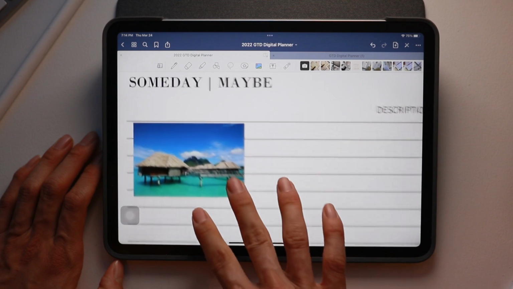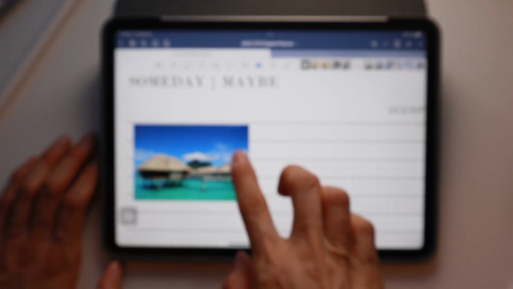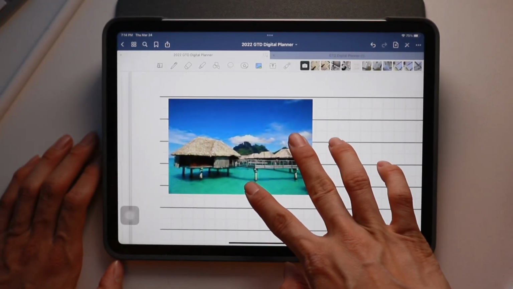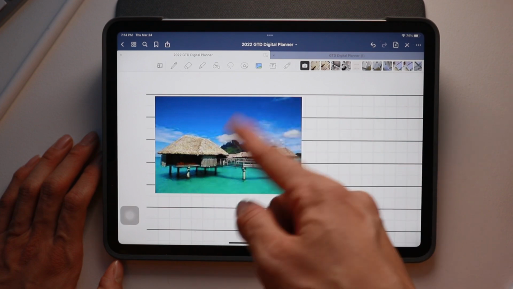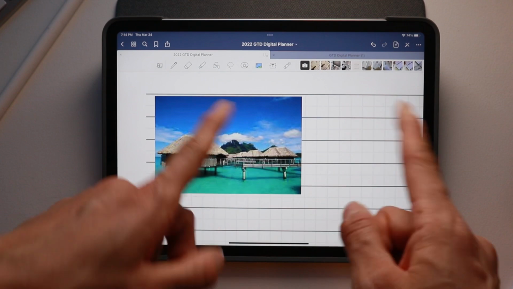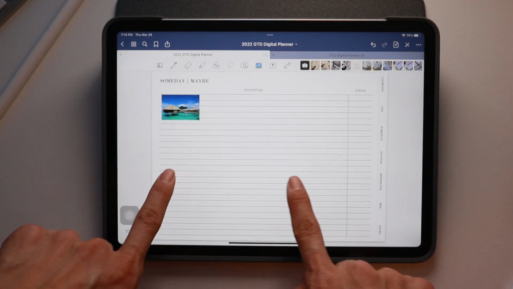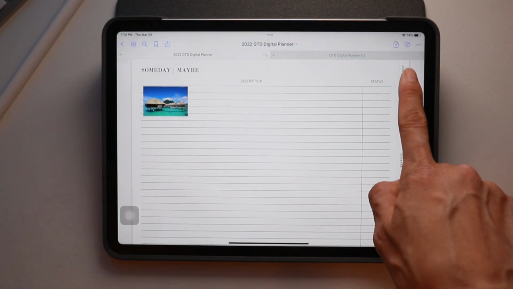And I just find this really helpful because I'm a very visual person, and being able to easily put in a picture of what I'm thinking of is awesome. And sometimes, even if it's like a big thing of text that you were reading about, it's nice to be able to just screenshot it and move it over instead of trying to write it all down like you had to in a paper planner. Okay, so that's the someday maybe. And then if I go back,